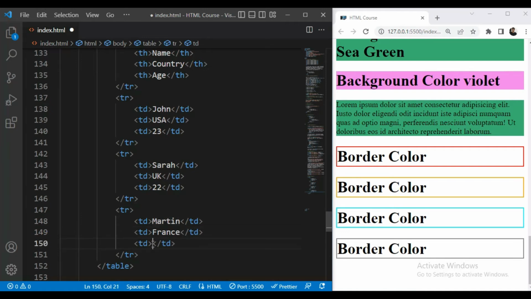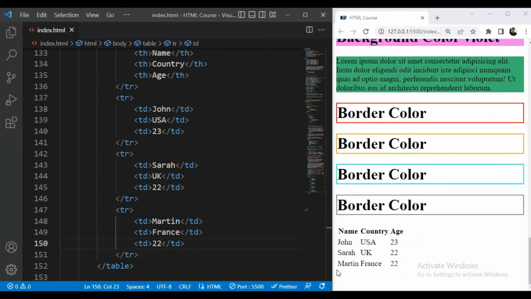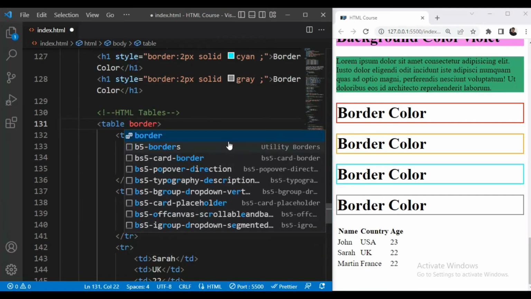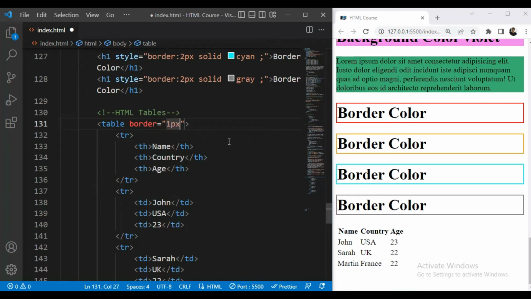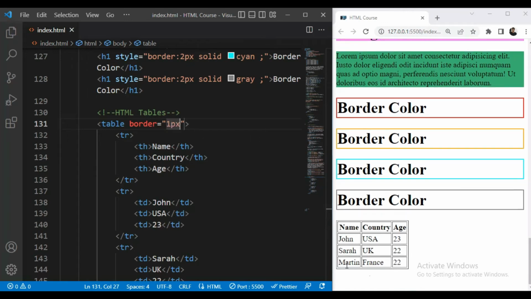Then the age will be for example 22. So let us save this. So this is our basic table. So we can also add border to this table. So we will add border, and we will add 1 pixel. Okay. So now you can see we have border to our table. So this is the basic border.